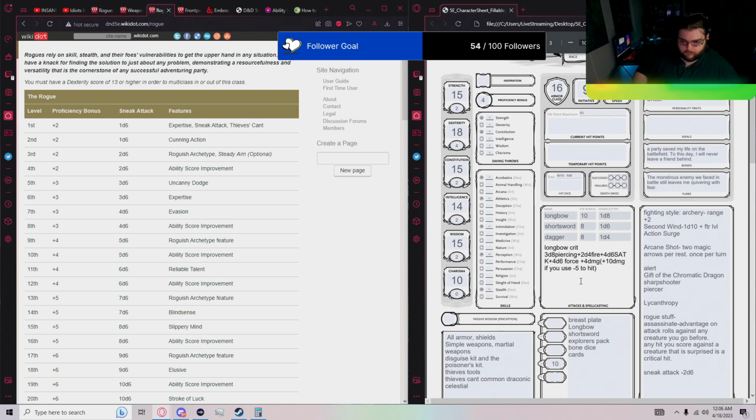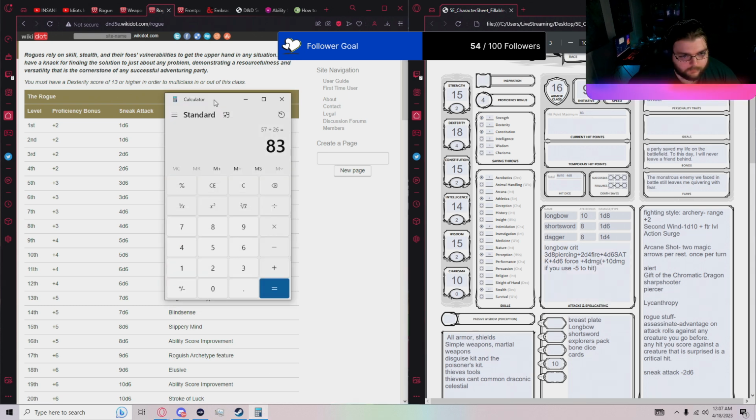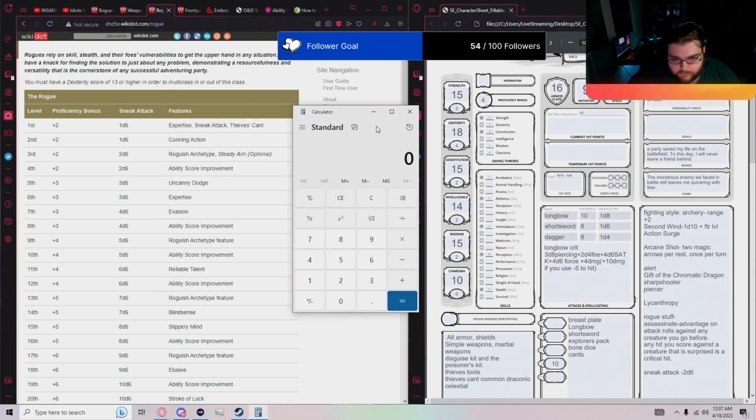Because you double the damage dice when you roll. You don't double the damage. You double the damage dice. So if we, for instance, wanted to, let me just do this calculation. I'll do it right here in front of you. If we wanted to do this calculation,